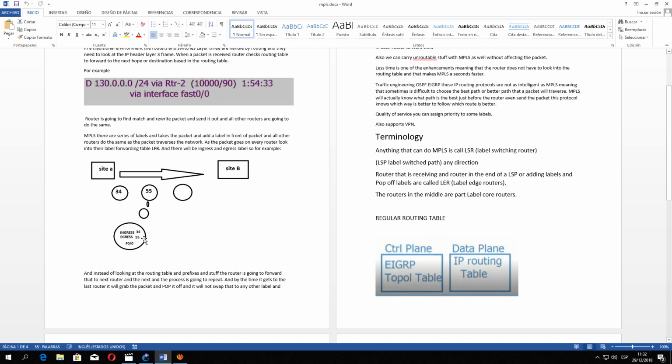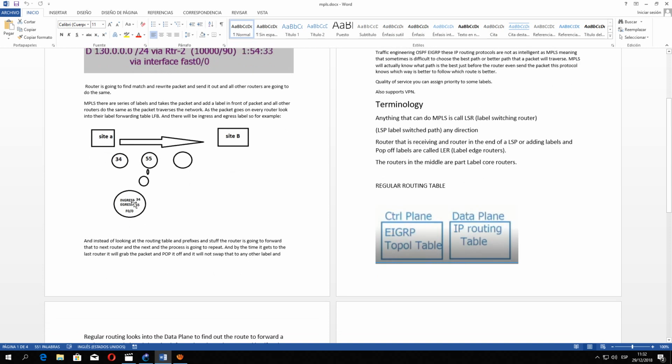I've drawn this cloud right here so I can explain that this is the forwarding table, the label forwarding table. Now there is an ingress and an egress. As you can see, it's not looking in the IP routing table to get the packet through. It's looking at the cloud, and that label forwarding table has an ingress, which is a 34, because that's basically coming from the 34, and an egress, sorry, which is a 55, and that's where the packet is going to go to the next